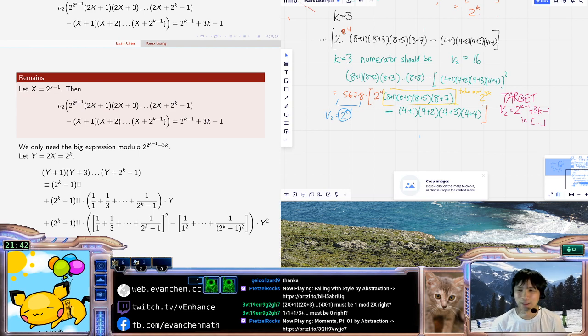Yeah, it really looks like the Wolstenholme thing, but... Okay, so this one is definitely divisible by 2 to the k, right? The one here, this one just goes away. 1 over 1, it will be 0 mod y. I'm trying to see if it's clearly 0 mod y squared, which is what I need to kill it off